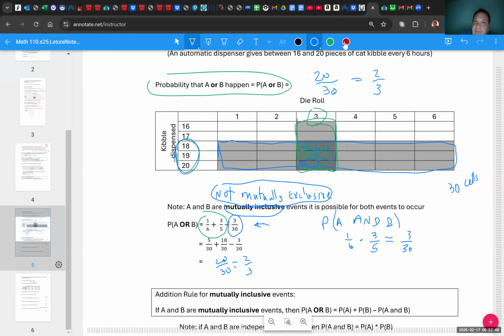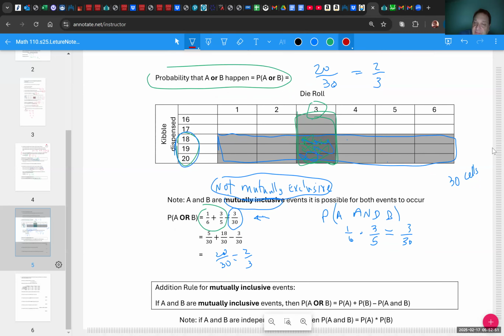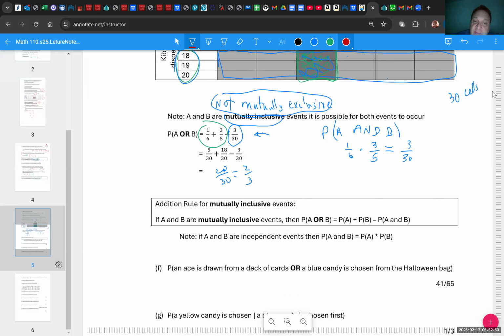And of course, I give you the formula in symbols. So the formula in symbols is right down here. If you have mutually inclusive, or not mutually exclusive, events, right? So either of these, not mutually exclusive or mutually inclusive events, then to find the probability that